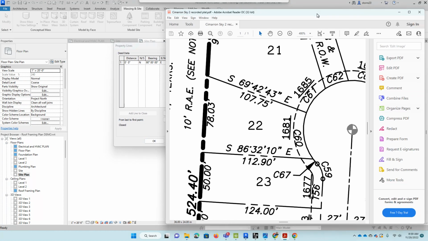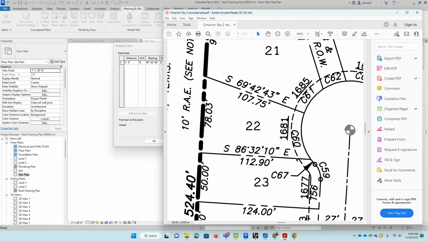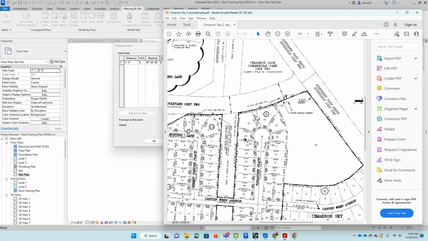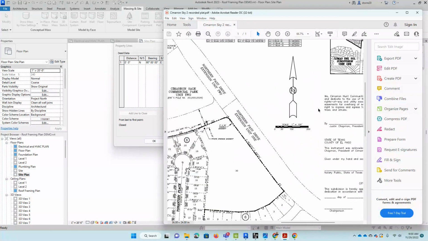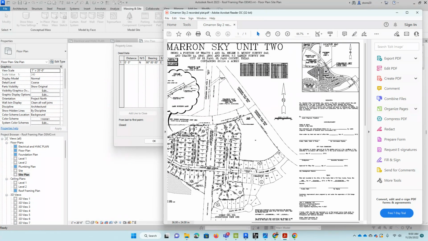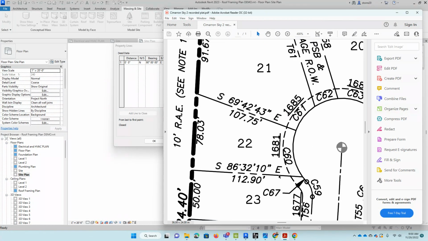And for no reason in particular, I'm just going to start at this point right in here. I'm going to go in this direction. So I'm going to start at this point, draw these 3 lines, and then this one arc. And here we go with the first line. I'll tell you right now, I need to flip the direction, because southeast, if I look at my north arrow, will actually be headed in this direction, and I want to go opposite of southeast. I'm going to go in this direction, so I need to flip the direction to go northwest, 86°32'10", a distance